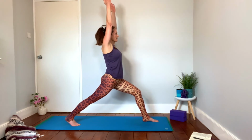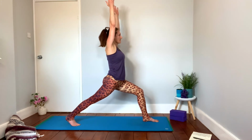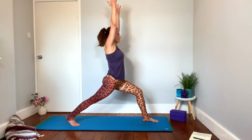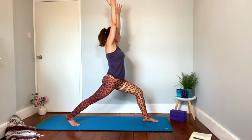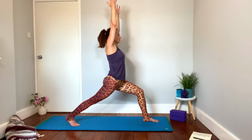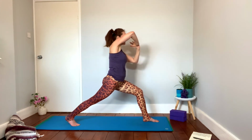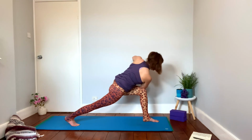Shoulders are over hips, front ribs are in, bending into this front knee, back leg straight and strong. Fixed gazing point, breathe here. Feeling that stretch in the right psoas, just opening up the front of the hip here. And palms to the chest, right elbow lifts, and exhale, twisting from the waist, hook outside the left knee and